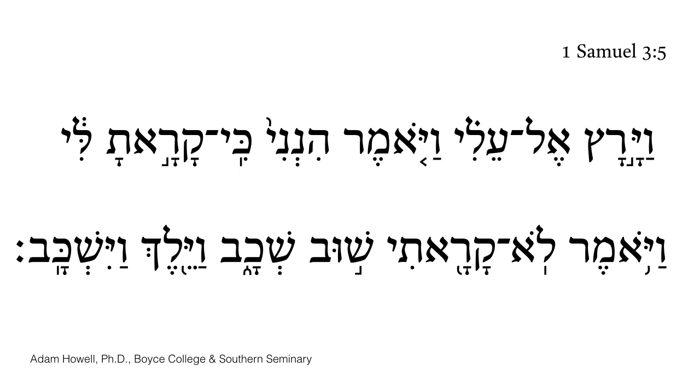Last week we looked at the translation and syntax of 1 Samuel 3:5, and this week we want to take a look more specifically at the accents of the verse. In case people missed last week or just for review, let me read back through the Hebrew with us. Let's read this together.